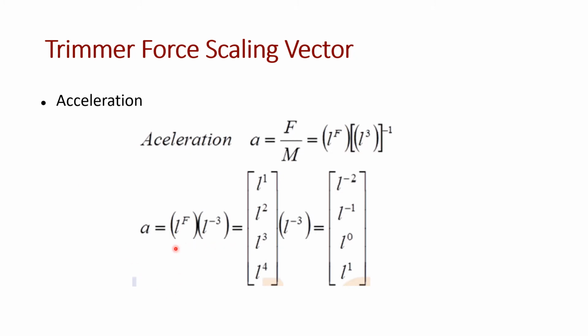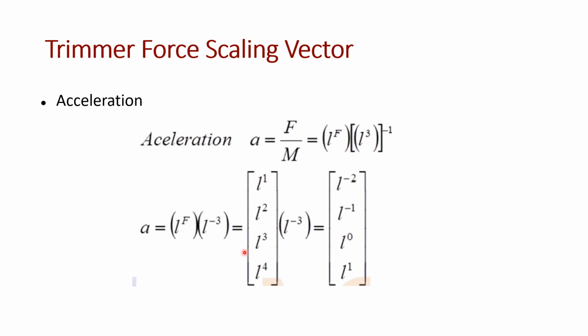Now, this operation L raised to F into L raised to minus 3 is carried out by multiplying each of the elements of L raised to F into L raised to minus 3. So, L raised to 1 into L raised to minus 3 will give the first component, L raised to minus 2. Similarly, L square into L raised to minus 3 will give L raised to minus 1, the second component of the